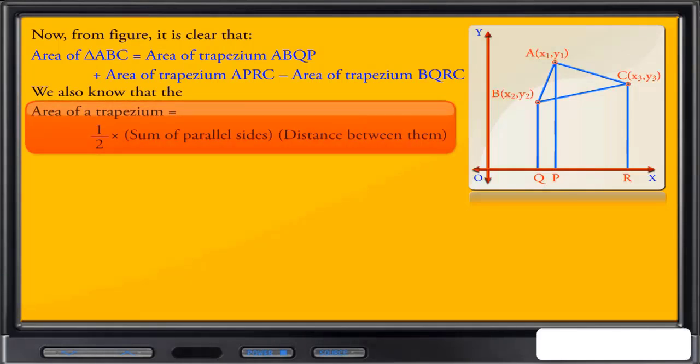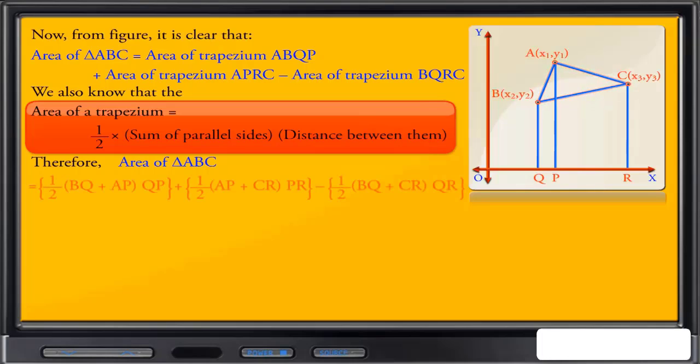We also know that the area of a trapezium is equal to 1/2 into sum of parallel sides into distance between them. Therefore, area of triangle ABC is equal to 1/2 into (BQ + AP) into QP plus 1/2 into (AP + CR) into PR minus 1/2 into (BQ + CR) into QR,